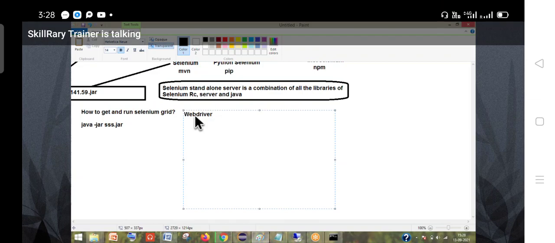Now I am coming to the programming aspect. I have shown you how to download the Selenium jar file. I have shown you how to run the Selenium jar file. Now,